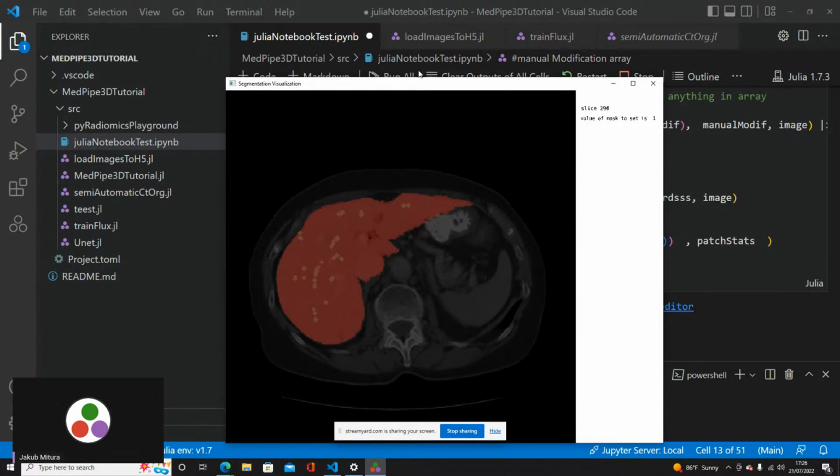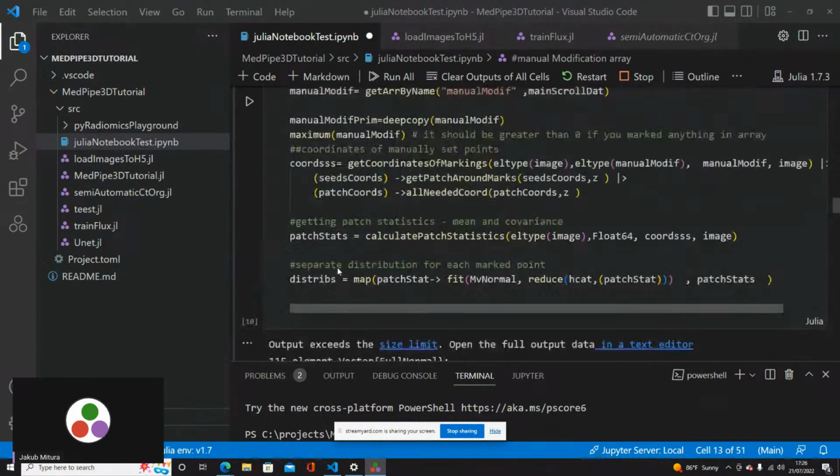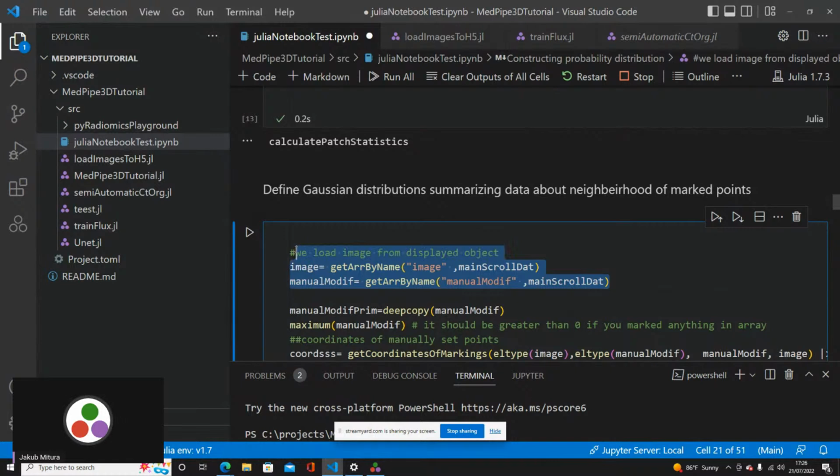Because the data is in Julia, we can access and modify it on the fly. This is one of the critical reasons why I created this visualizer. In most cases, when you have a tool to look at medical imaging, you need to send the whole data, frequently save it as a file and then load it as a file.